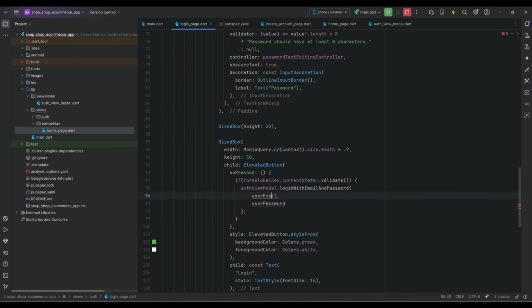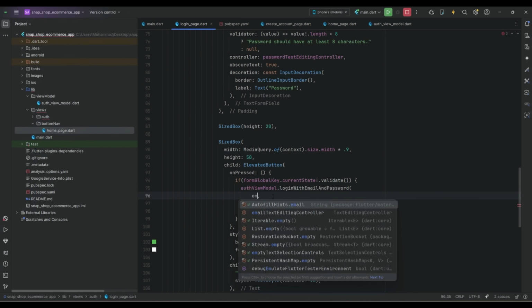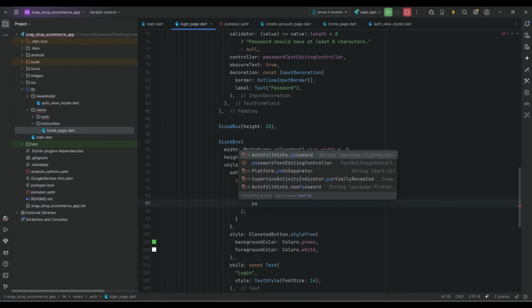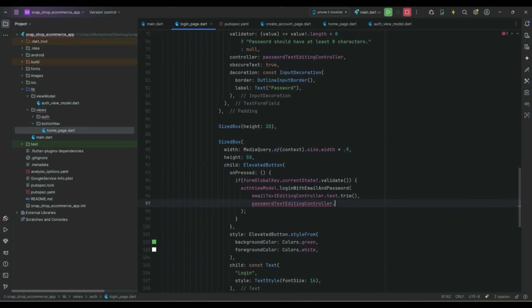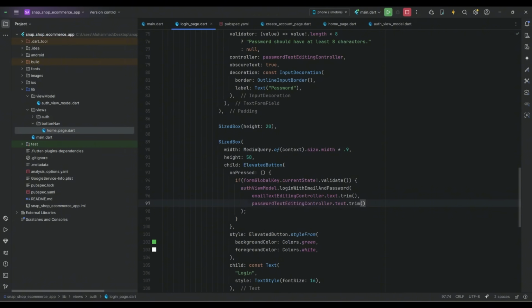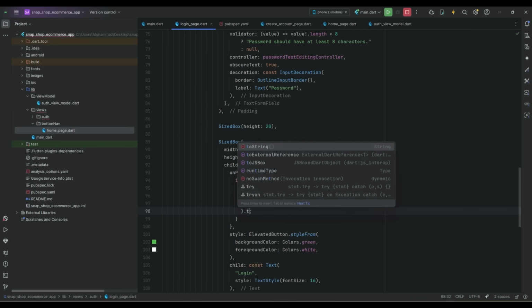So for example, the email we can get from the email text field, the password we can get from the password text field. We can say .then,